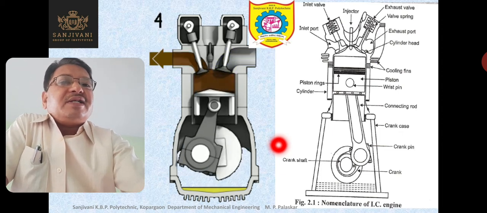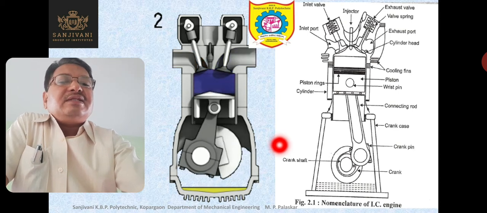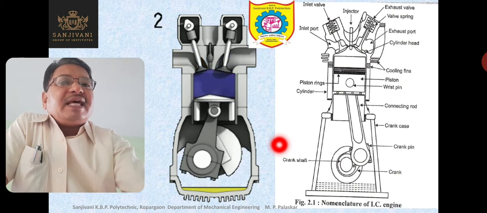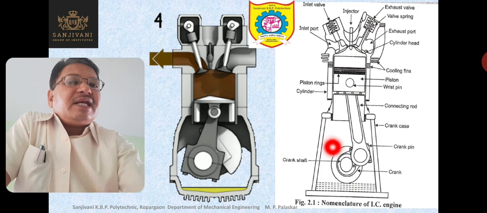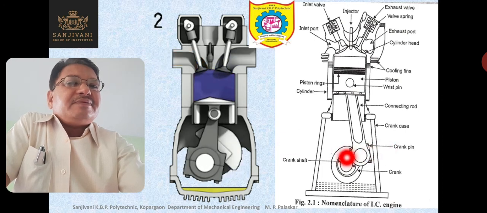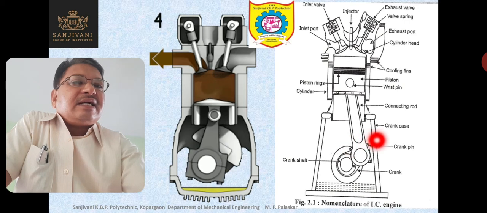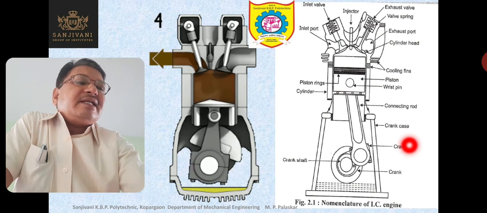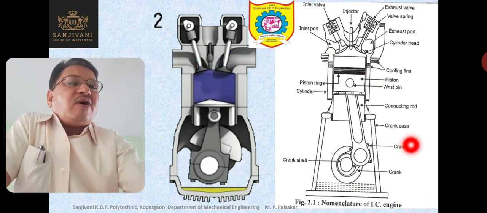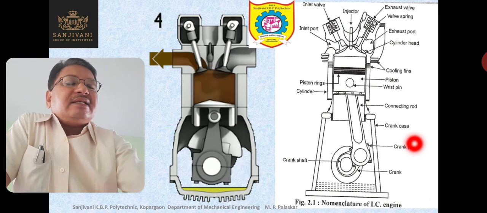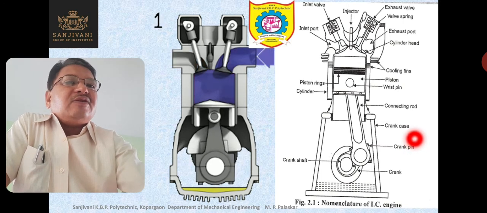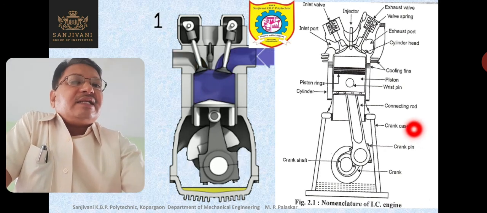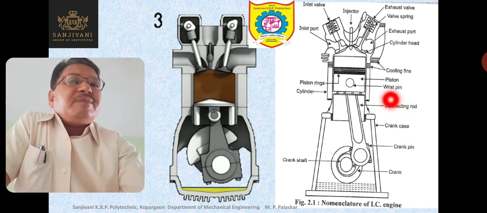So this is the working of the engine. This is the motion. The piston reciprocates, the crank and the crankshaft rotate, whereas the connecting rod oscillates. So there are some other parts also. This is the crank pin, then this is the crankcase. The crank and the crankshaft and some part of the connecting rod are present in the crankcase. So oil is also present in the crankcase, and generally due to splash type of lubrication, the lubrication takes place inside the IC engine. So this is the connecting rod, this is the wrist pin or the piston pin.